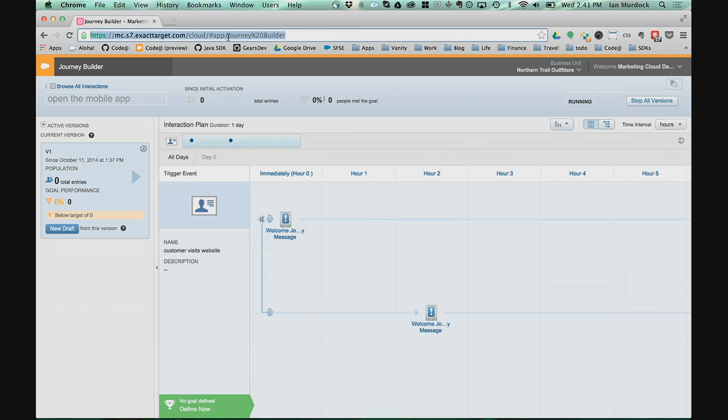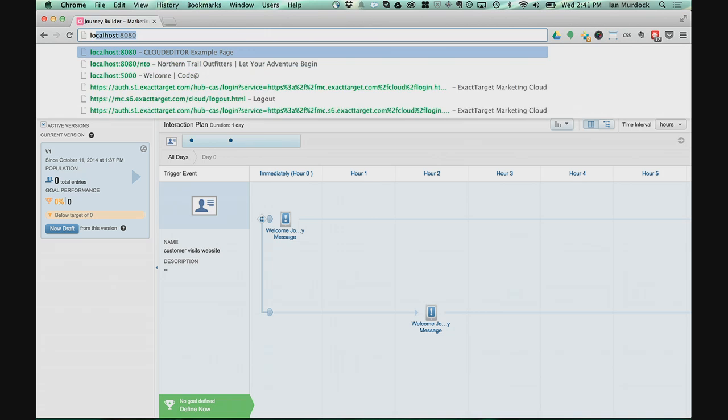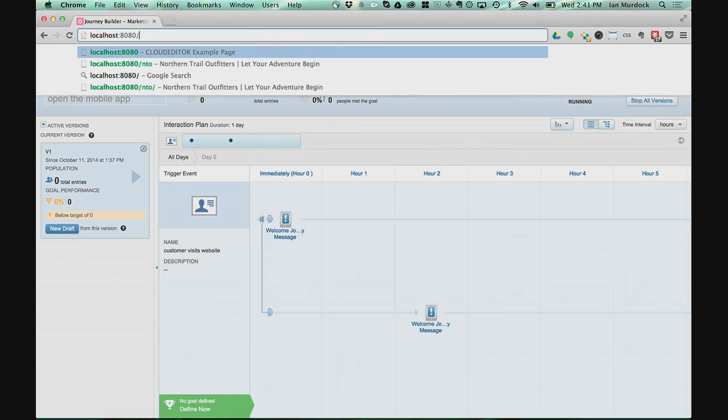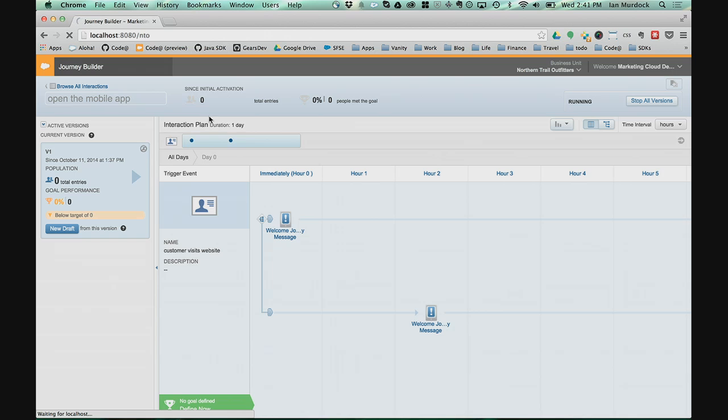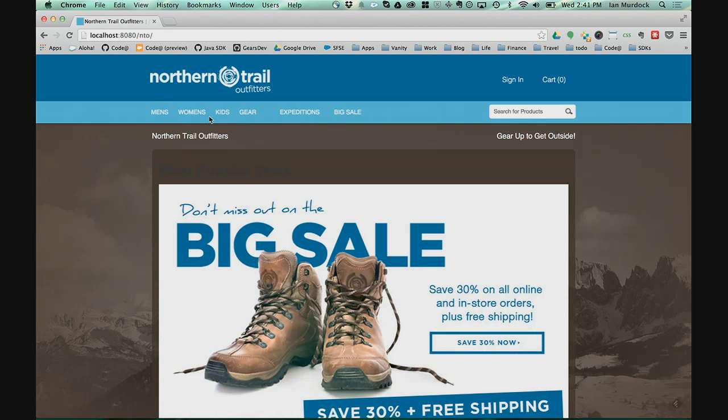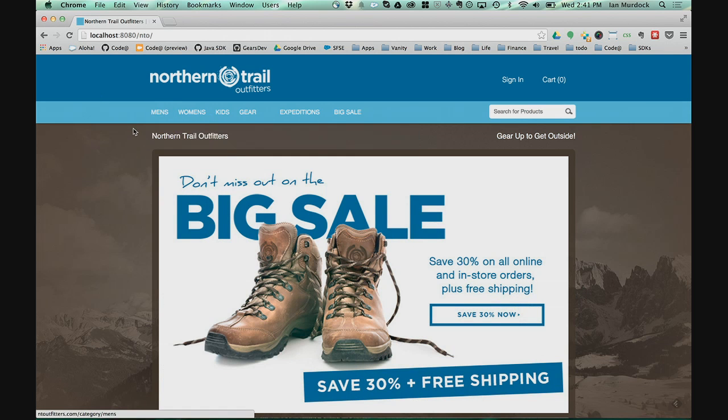Okay, so we've got all of that set up. That's running now. And let's say at some later point, I am going to go to the Northern Trails website, which of course is running on my laptop. This is a developer session, so I know I can point those things out. Okay, so I have gone to the mobile site, and I am browsing around,